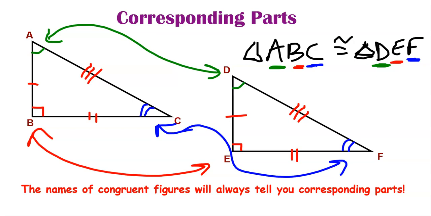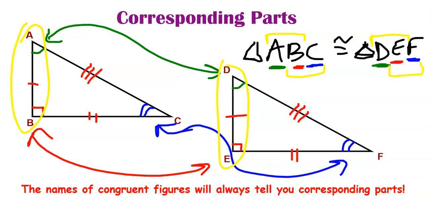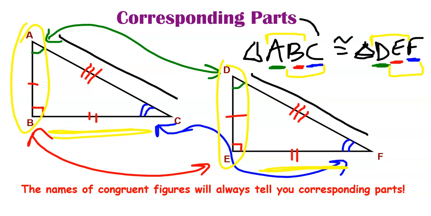And now to find the corresponding sides, we just look at the same sides between the two angles. So one set of corresponding sides goes from angle A to B because those are the vertices that were named first, and another goes from D to E. So AB and DE are corresponding sides. BC and EF are corresponding sides. And AC and DF are corresponding sides as well,